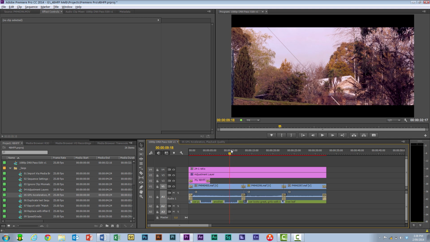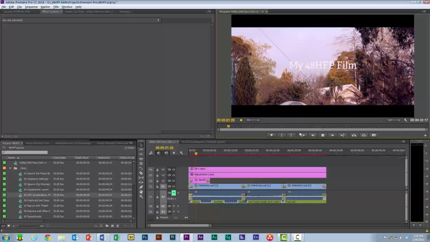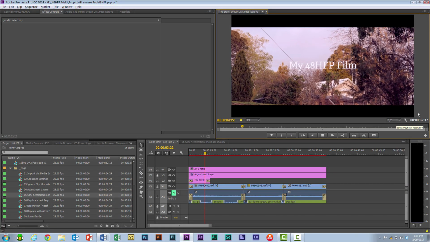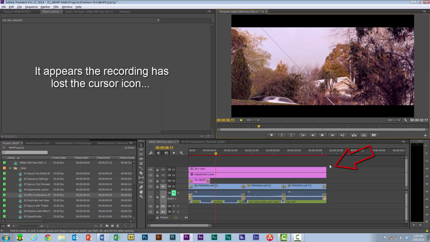Notice now I have a red bar. That doesn't mean I can't work though. So just be aware of your system and what it can and can't keep up with. Now at the moment I'm trying to work with everything running at half resolution. Because I'm doing a screen recording as well right now, I'm using a lot more processing power to keep up